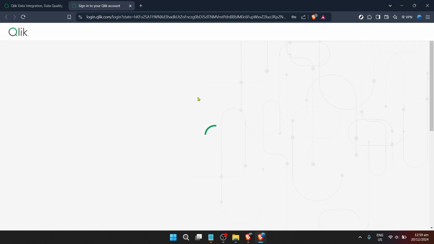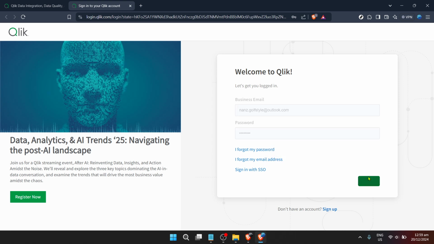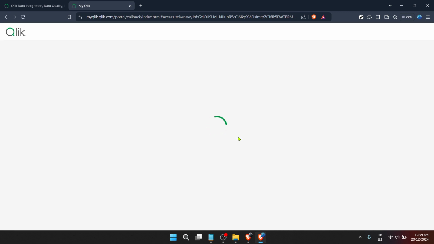After clicking the login button, you'll be directed to choose the Qlik Cloud option. This is crucial because your Qlik Sense apps reside in the cloud, and that's where you'll need to go to perform the export. Now, this is where you'll start to interact closely with your Qlik account. Once you've selected the Qlik Cloud option, you're going to be prompted to enter your email. This is a standard security procedure to ensure that only authorized users can access sensitive information like Qlik Sense apps.